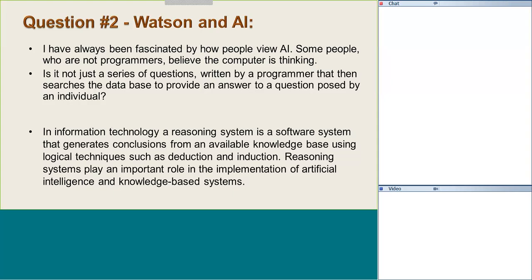IBM has proved Watson is amazing. I've seen some reports on it. And Watson at the moment, as far as I'm aware, is being focused on medical issues. But I can see the technology growing and growing and growing. And in fact, you can do something similar in your own organization. Maybe not as sophisticated, but you can create something that gives you the ability to answer questions or deduce